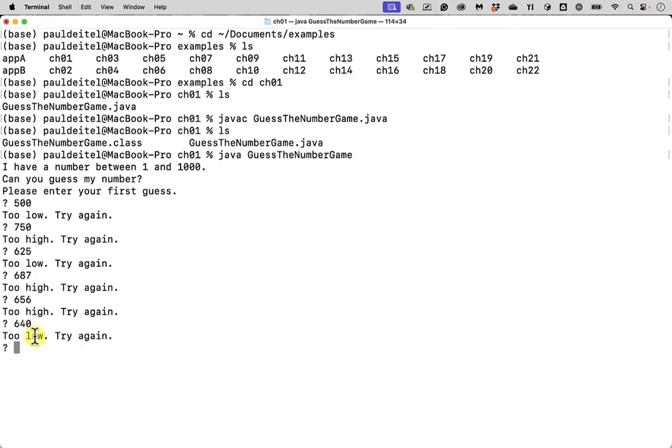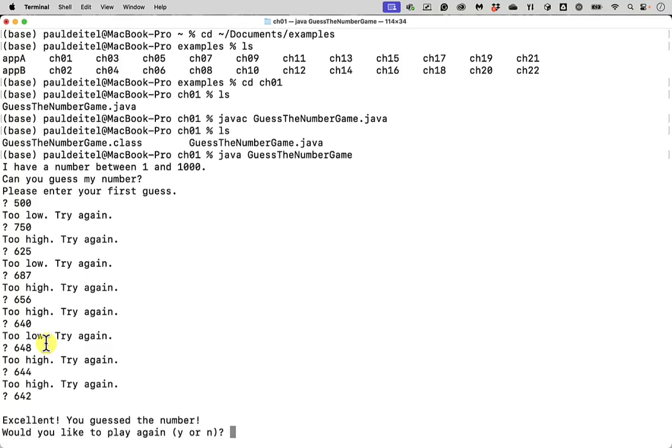So in between 656 and 640, we've got 16 elements. So our next guess will be 648, which is halfway in between. And I'm too high again, so now we know we're in that smaller range. I'll guess 644 next. And I'm still too high, so I'll do 642 next. And bang, I've guessed the number, and now I've gotten the option to play the game again, for which I